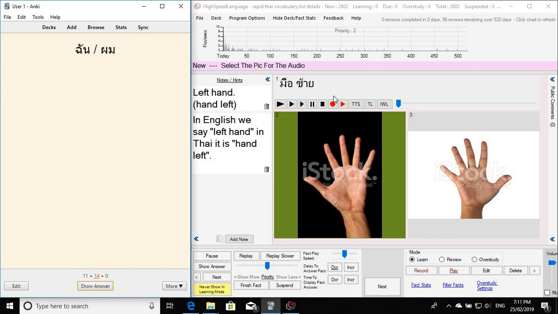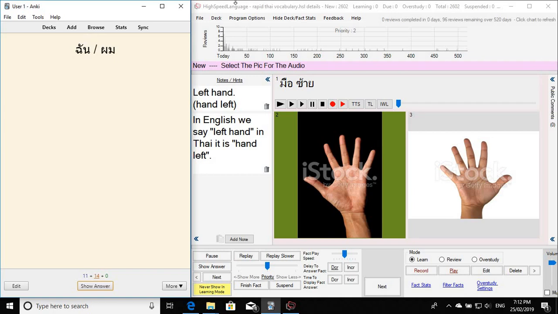With other content, I like to review it maybe over 6 months. It really depends how familiar you are with the content, what your goals are, how quickly you have to learn, and your future study plans. So all of that is fully adjustable in the HighSpeedLanguage program, and not really so much in Anki. They've got their predetermined algorithm for how things should be reviewed, and you can slightly adjust that, but it works